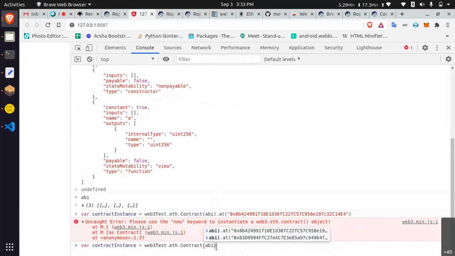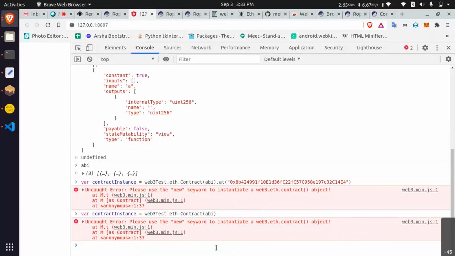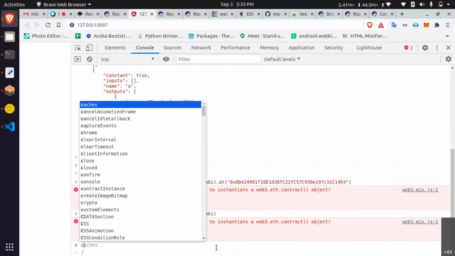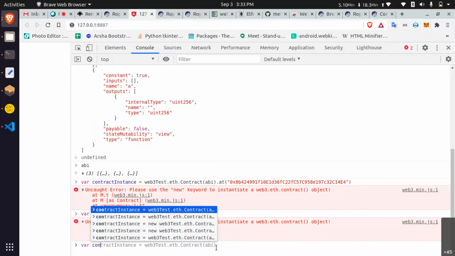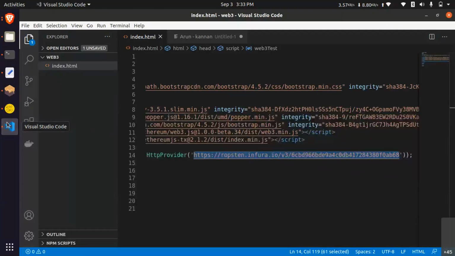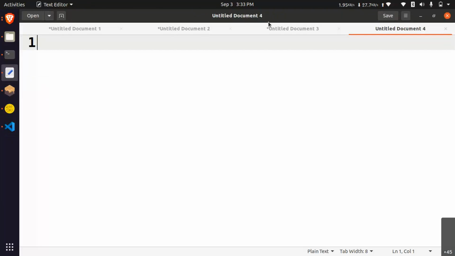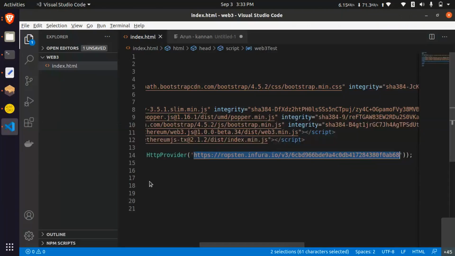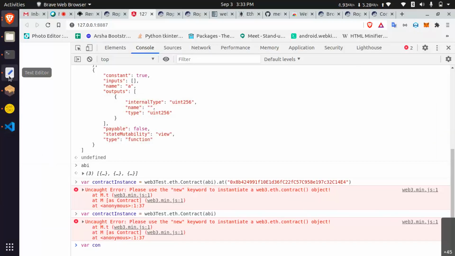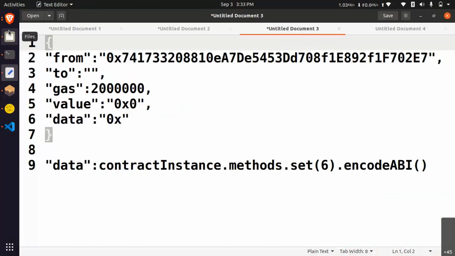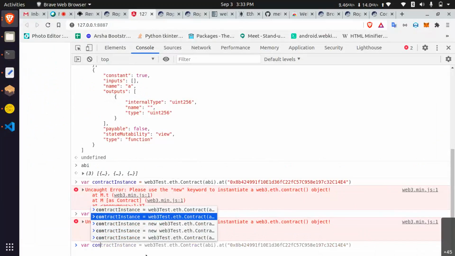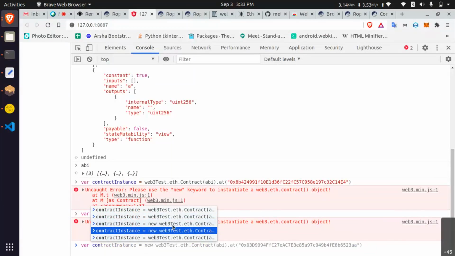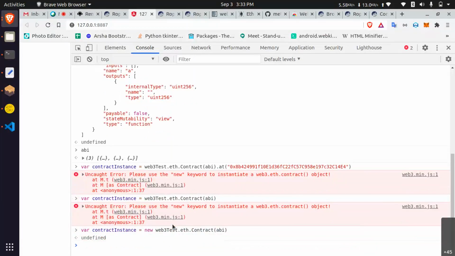New means it will create a new contract. Use this. Okay, now the contract instance is initiated.